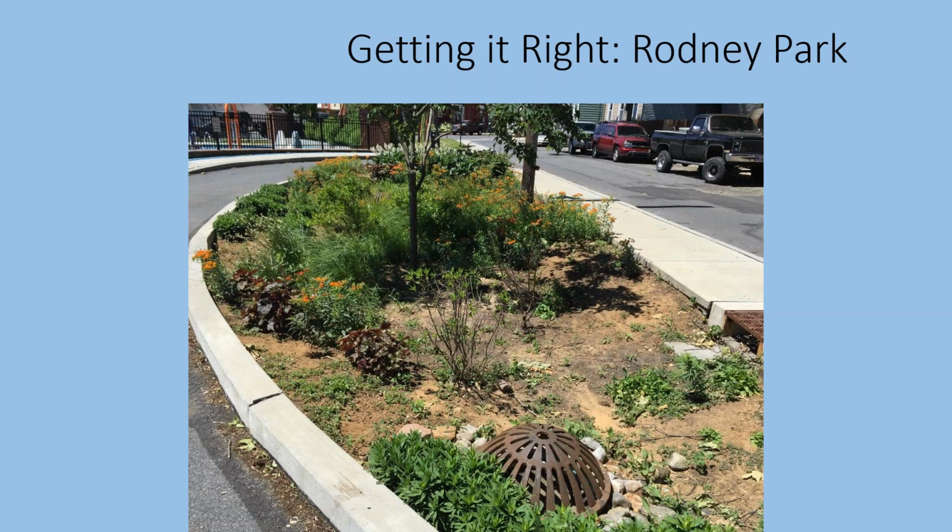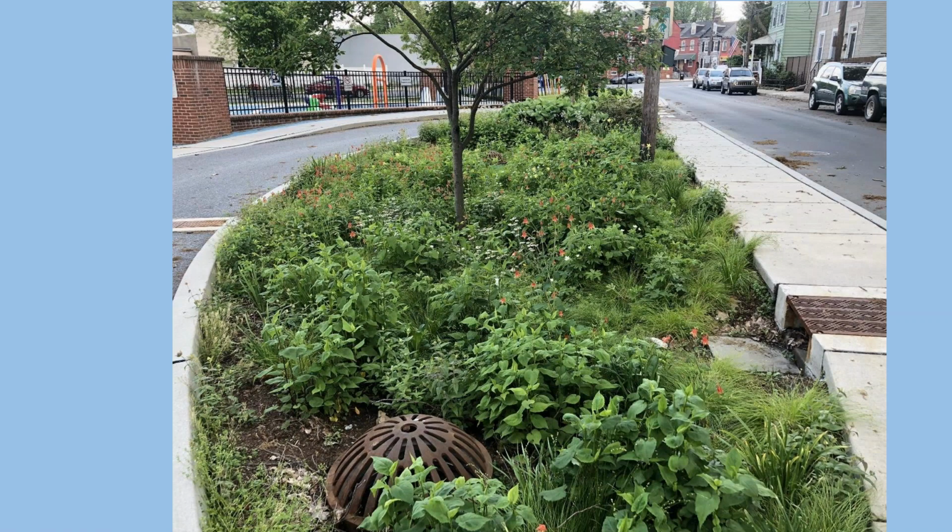You can see the curb cut drain along the right side of the photo and the sediment that was bringing in. And you can also see that where the water was ponding was primarily in that center point of the rain garden instead of being distributed out. And on the next slide, you'll be able to see what it looks like today.